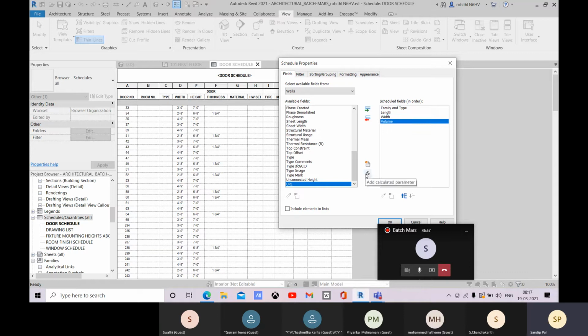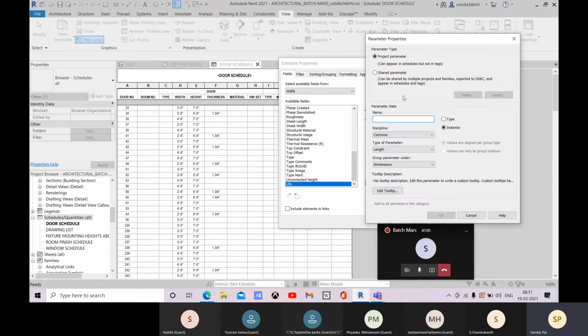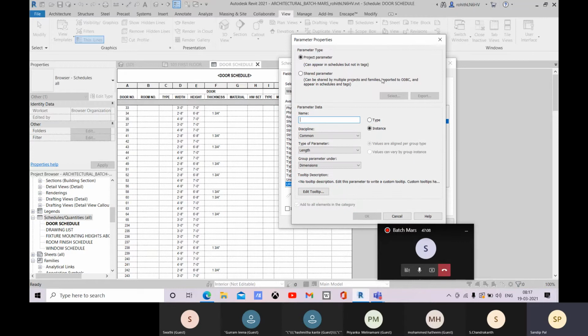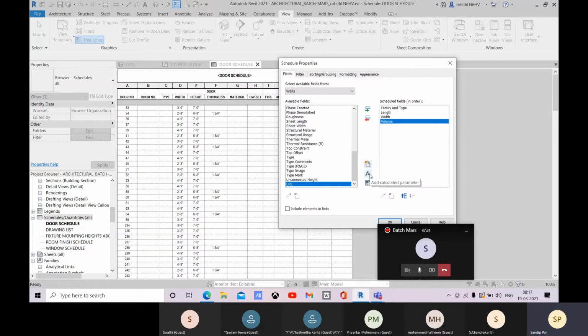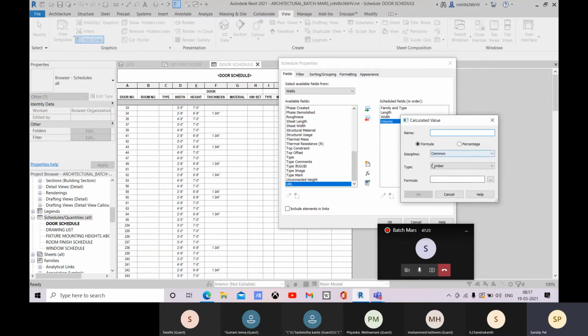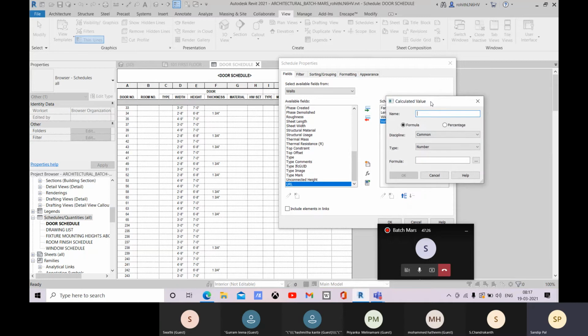All right, so here we can also add some calculated parameters. We can add a new parameter over there, and you can create new parameters. We can add calculated parameters that will calculate something, like if you want to calculate your number of bricks, you can add that there.